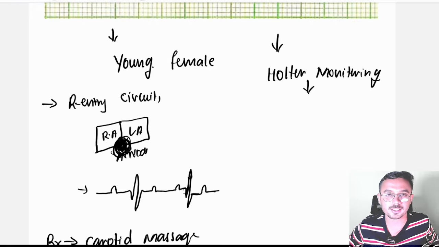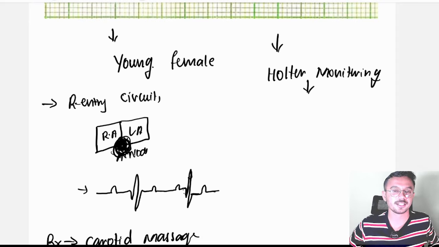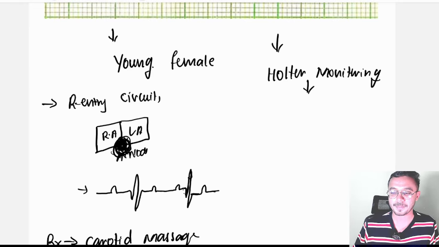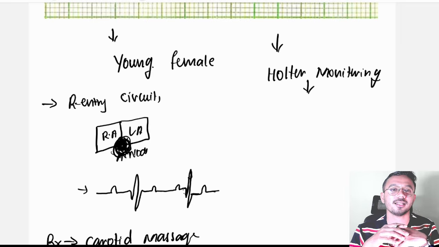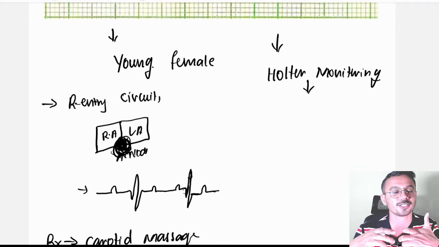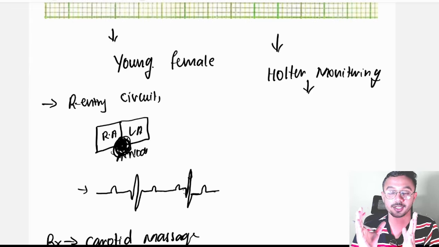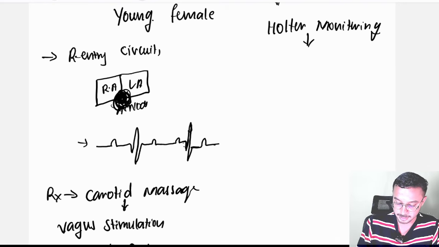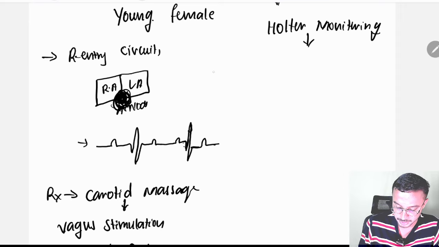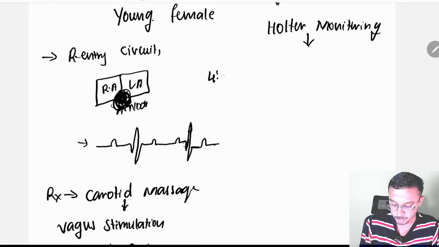By doing that ECG, what will happen in this condition is the ECG is normal, and if you show this to your family members, they will be thinking you are cheating them. That's why you will put this Holter monitoring. What this Holter will do is it will keep on monitoring the heart, right? So suppose imagine at evening 4 o'clock,